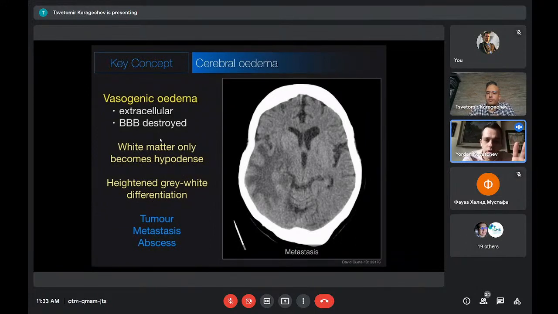But just remember right now, vasogenic edema, there is gray-white matter differentiation. It's accentuated. You can see it really well. And it's usually due to an underlying neoplastic process, or an abscess. And can you switch the slide, please? On the next one,